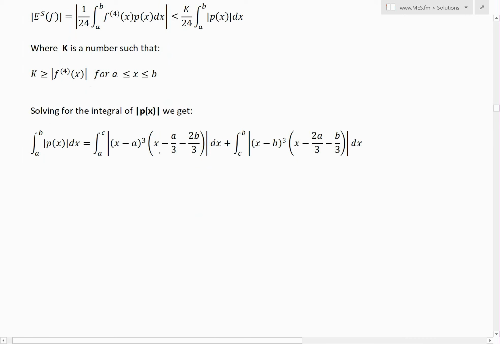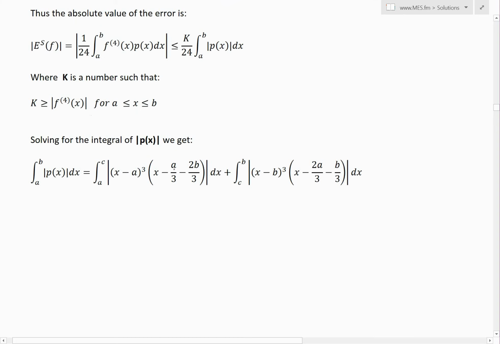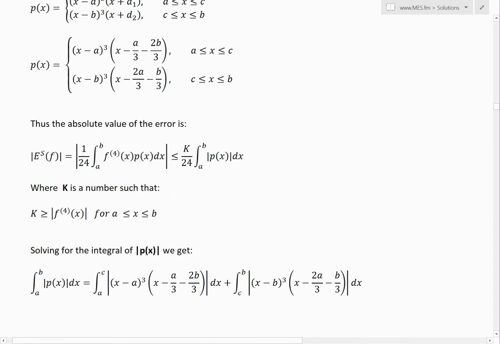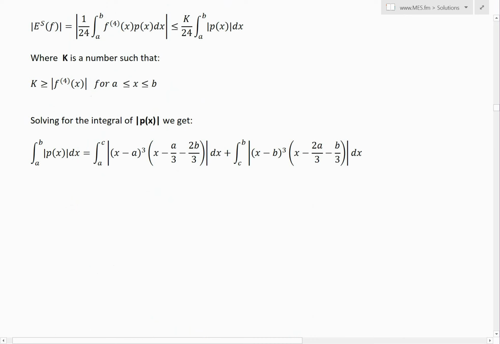When you break this up into from a to c, and then from c to b, these are the piecewise equations we plug in. So we're doing integrals of these. Since it's written into two integrals, we write it like this, but we want to get rid of the absolute value sign. So note that